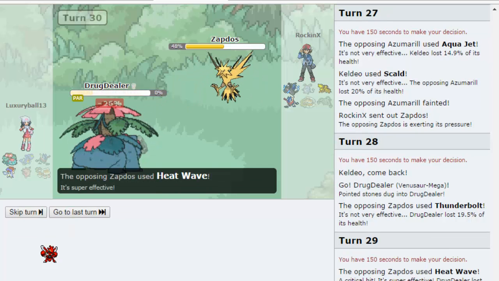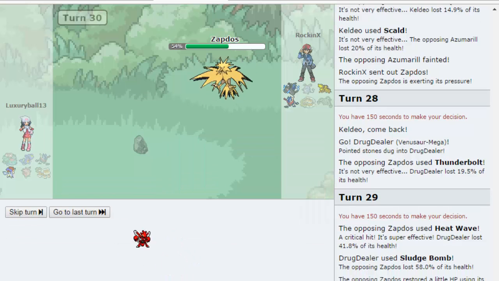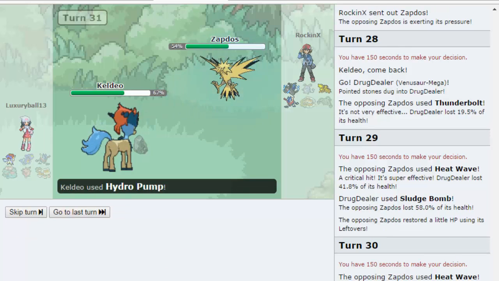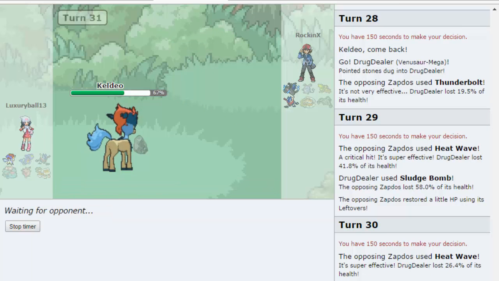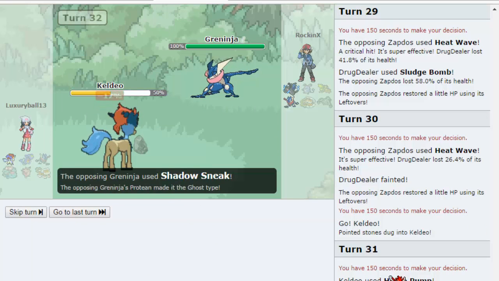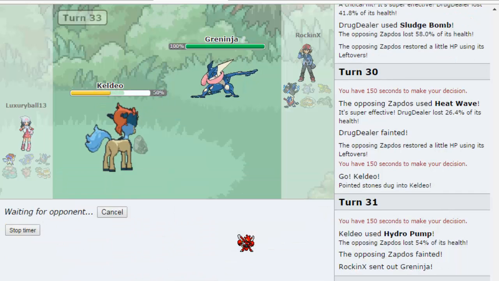But no, he just gets to knock me out, and now I'm forced into my Keldeo and take Hydro Pump, which is really shitty. This man is like a god. Everything just goes well for him, but that's just Pokemon. He's gonna go into Greninja, probably has HP Grass. He didn't reveal Extrasensory, like I said. So he goes for the Shadow Sneak, okay. And of course, I end up missing. That's just something that would happen in this match, but